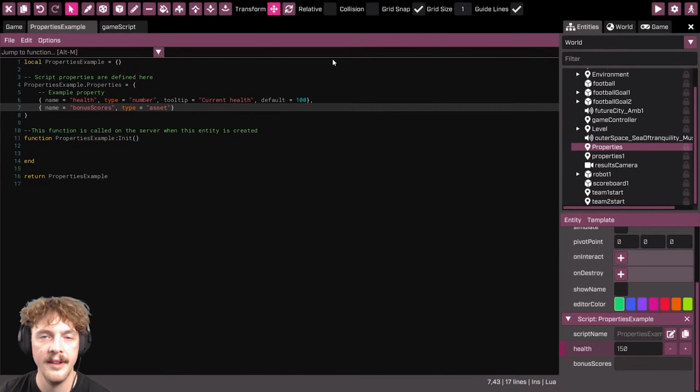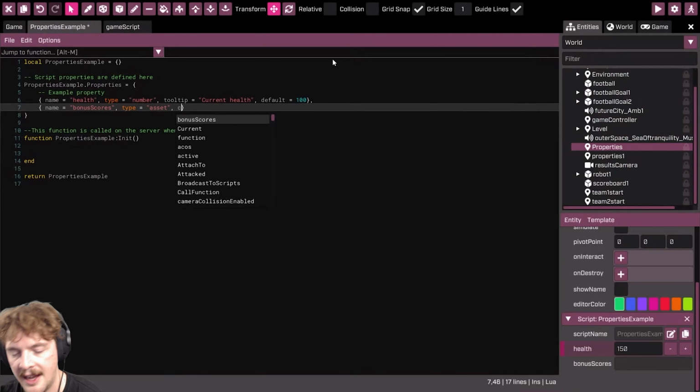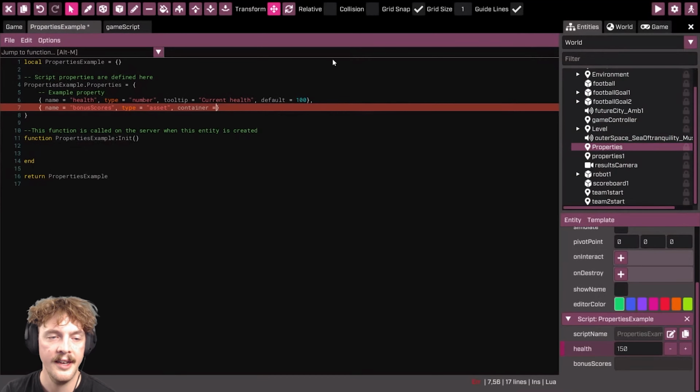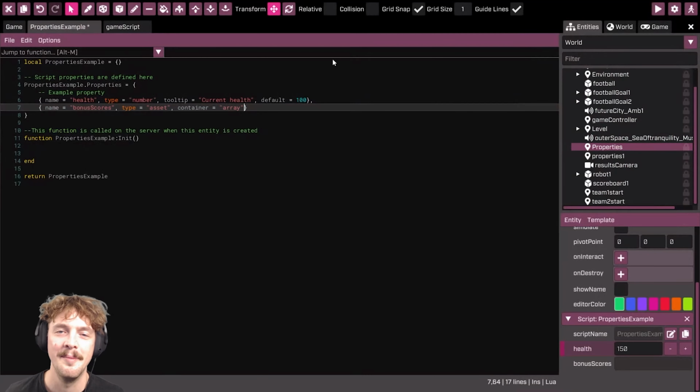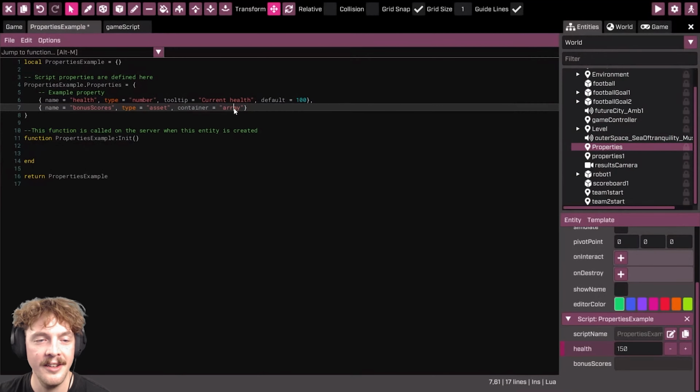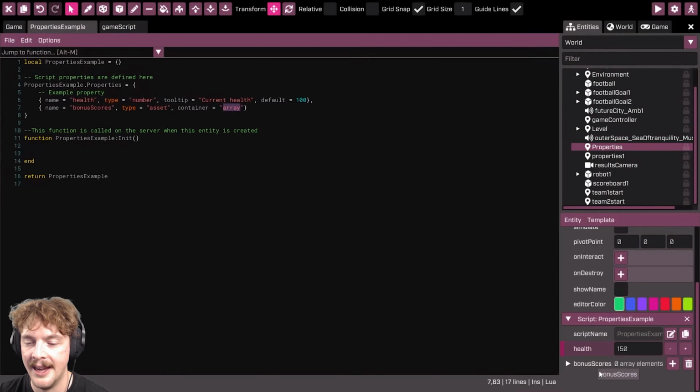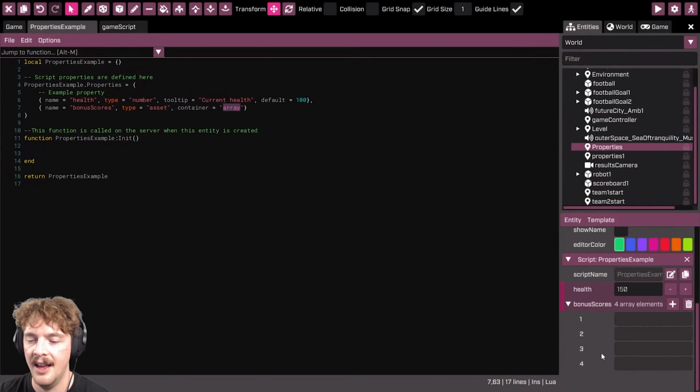So you can use assets in that way. Another really important thing that you need to know about properties is the container attribute. The container attribute is either going to be array or you're not going to use it essentially at the moment. Setting container to array will make it so that we can store multiple things in our property over here.